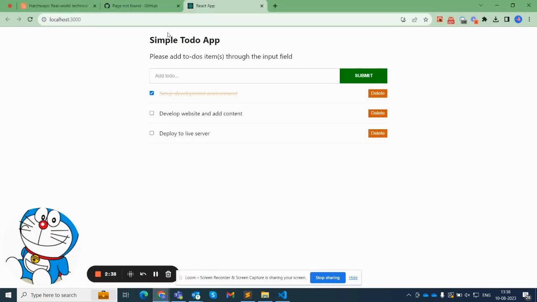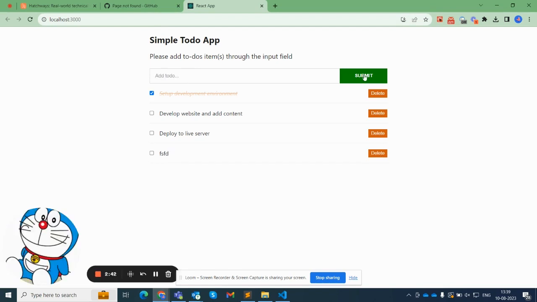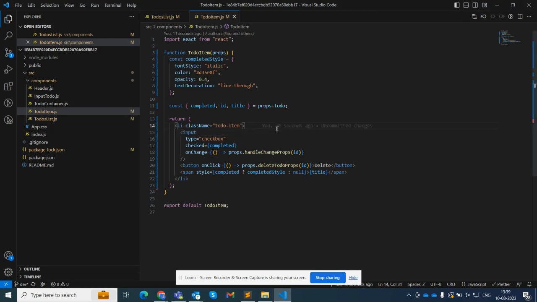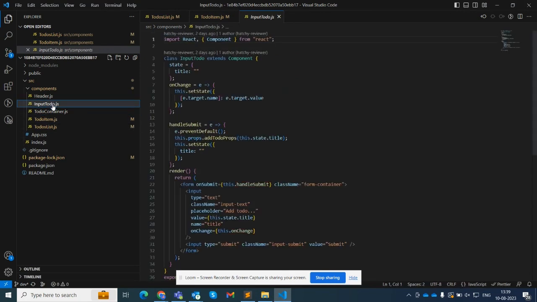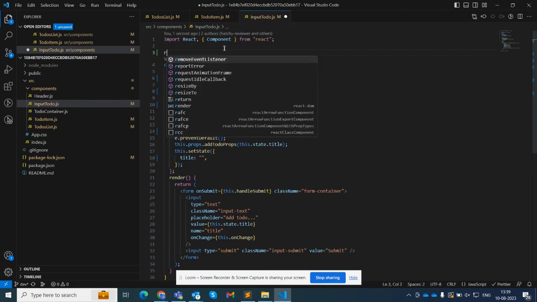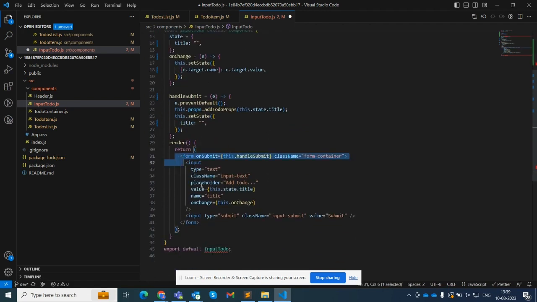Let's check in the browser if it's working fine. Yes, it is working fine. Now to-do container. Okay, to-do container is a big one, so I am picking another sub component, input to-do. First, let's convert this one. Okay, so for input to-do, we are picking this same structure,